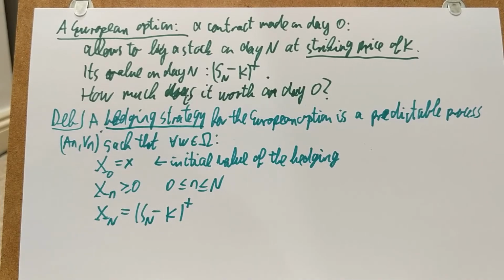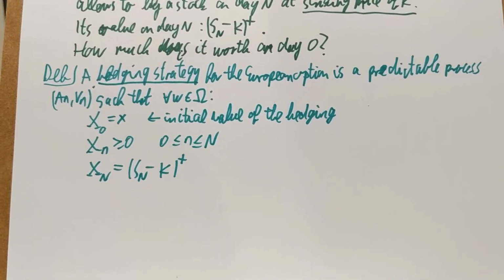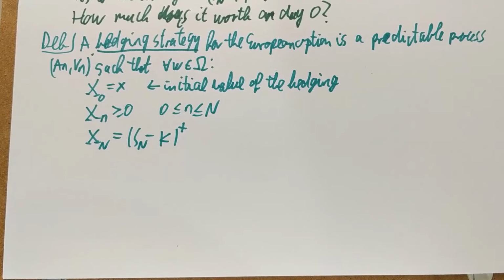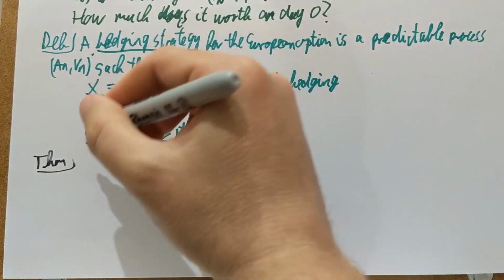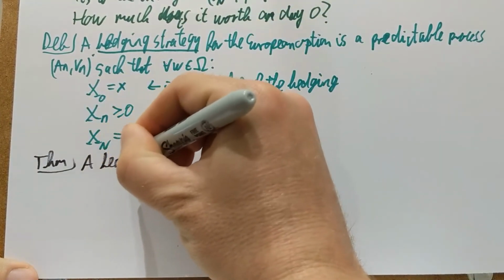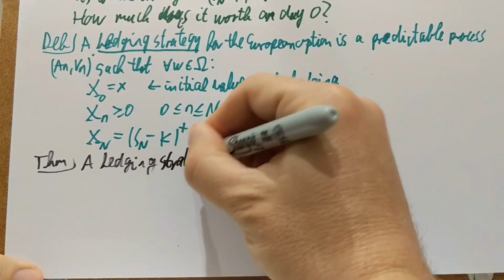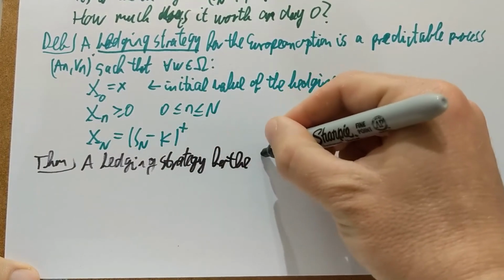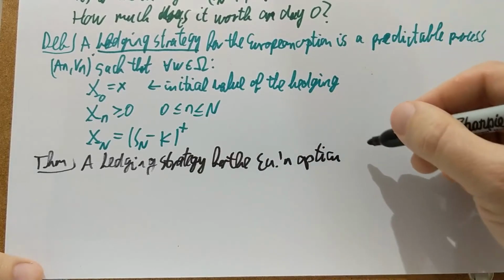Okay, and then here's the theorem. So now I can state the main theorem we're going to prove here. The theorem is essentially telling you the price. So the theorem is the following. Theorem: a hedging strategy as above for the European option exists